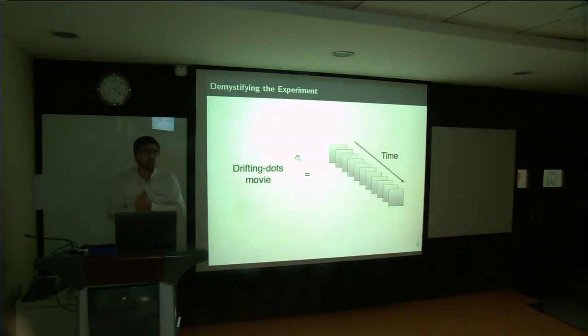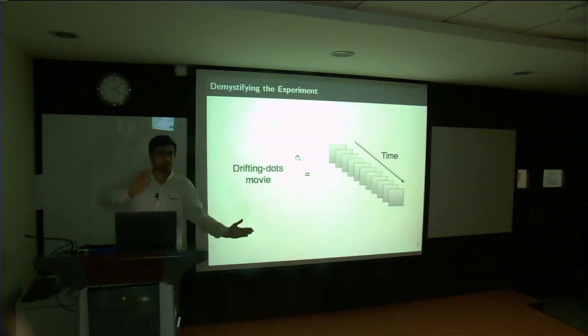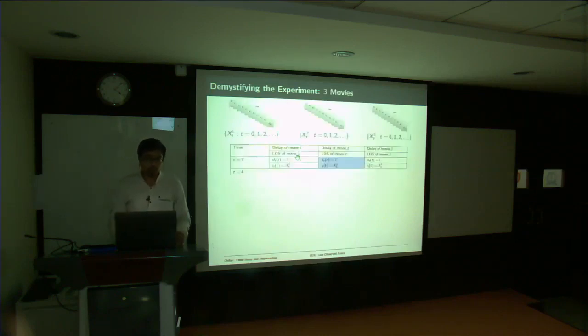For the rest of the talk, a movie for me is a sequence of frames. I'm going to represent this sequence of frames as a process, collecting all of these frames across time. Here I'm introducing a bit of notation. The superscript denotes which location you are looking at: location 1 will have superscript 1, location 2 superscript 2, location 3 superscript 3. Let's stick to 3 movies for now. Say you looked at movie 1 at the first time instant, movie 2 at the second time instant, movie 3 at the third time instant.